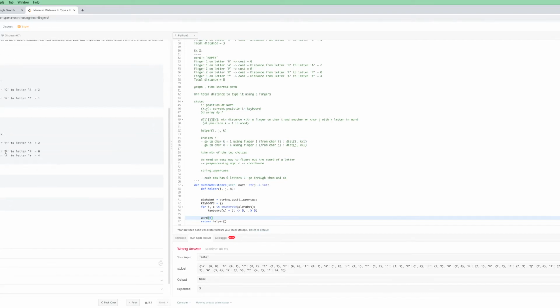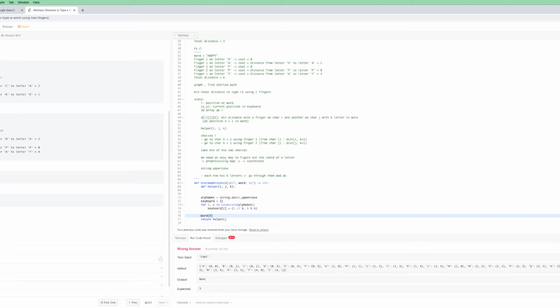So can word be empty? No, it's at least 2 letters. So word 0, well, X and Y, that's the coordinate of word 0. So that's keyboard of word 0 here. So we pass X, Y. And then, well, right now we have processed, but we will need to try the first one. The cost is 0, right? So we need to take the min of